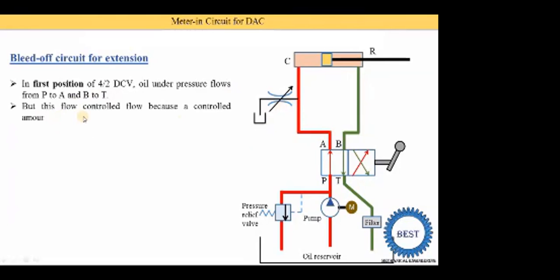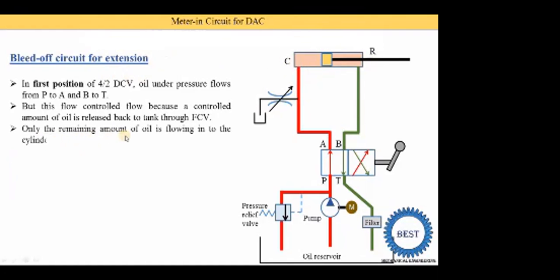This valve controls the flow because a controlled amount of oil is released back to the tank through the FCV. According to the requirement, oil enters here, and from these points some quantity of the oil is bypassed and supplied again to the reservoirs, and only the required quantity of oil is supplied to the cap end port. This required quantity of oil applies force on the piston. So we are able to control the speed of the piston as well as the actuator during the extension. Here extension is written, meaning we only control the speed during the extension, not for the retraction.